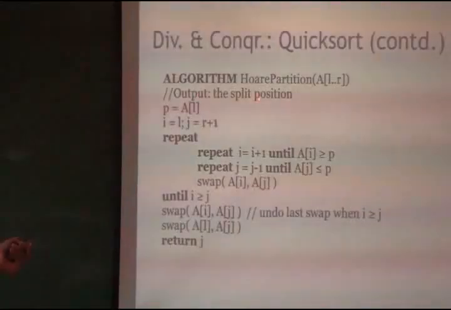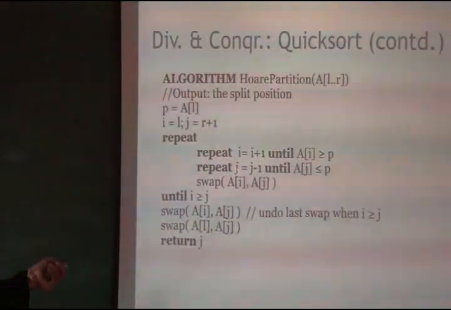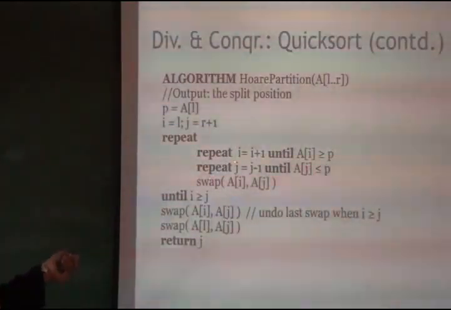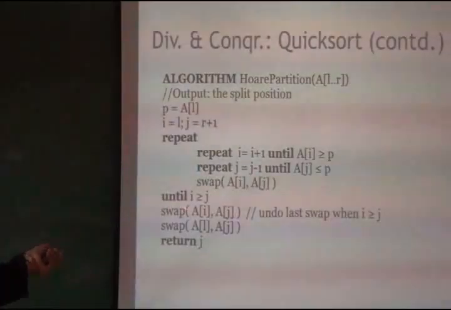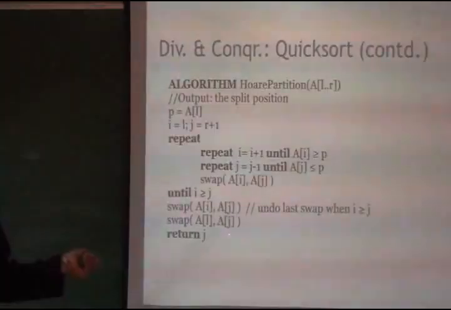This is the partition element: pivot is A[l], I equals L, J equals R plus 1. Whatever I said is put in code format. Repeat I equals I plus 1 until A[I] is greater than or equal to P. Repeat J equals J minus 1 until A[J] is less than or equal to P, and then swap A[I] and A[J]. These three statements should be repeated until I is greater than or equal